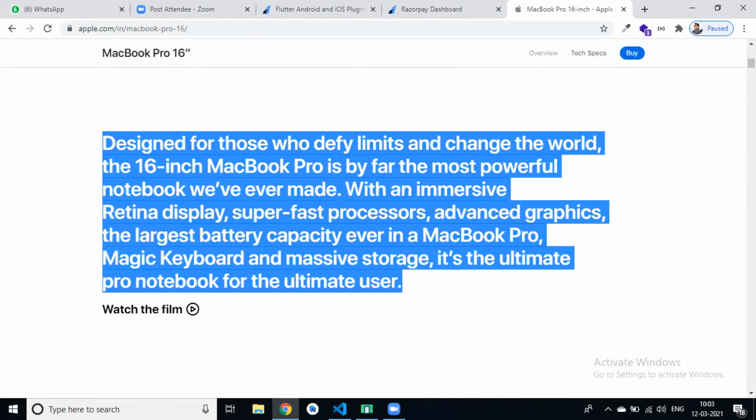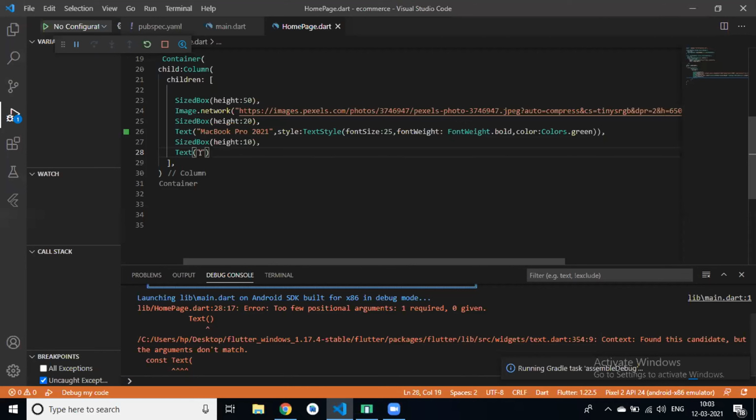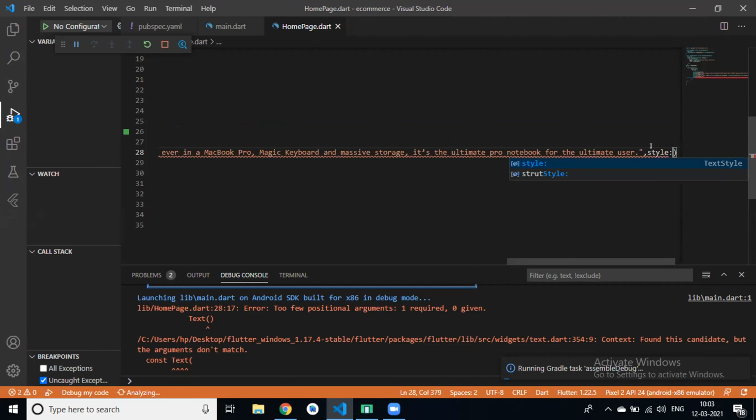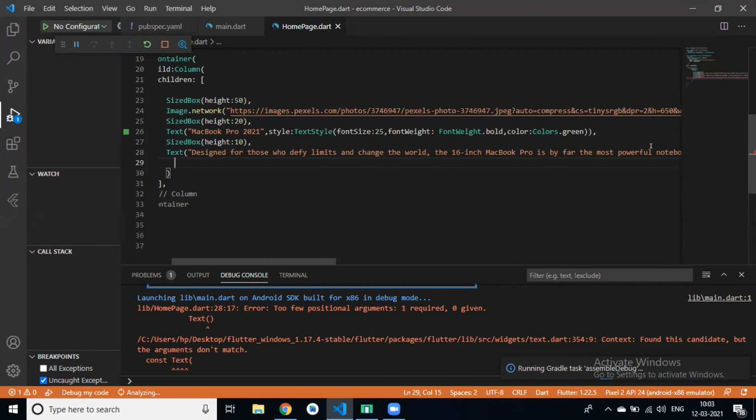Copy this text, paste, and we have a style, TextStyle. Font size is 10.